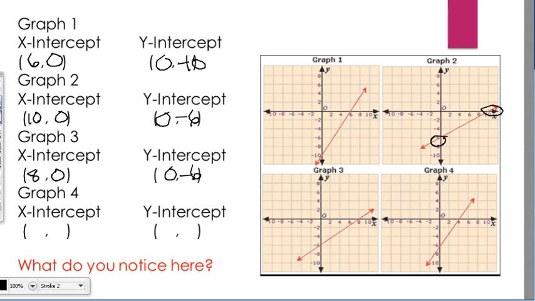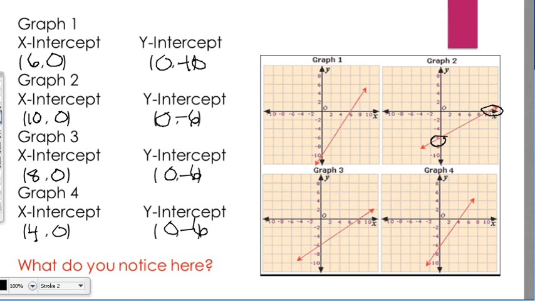And then let's go ahead and look at graph number 4. So here's our line. It crosses through the x-axis at 4, 0, and it crosses through the y-axis at 0, negative